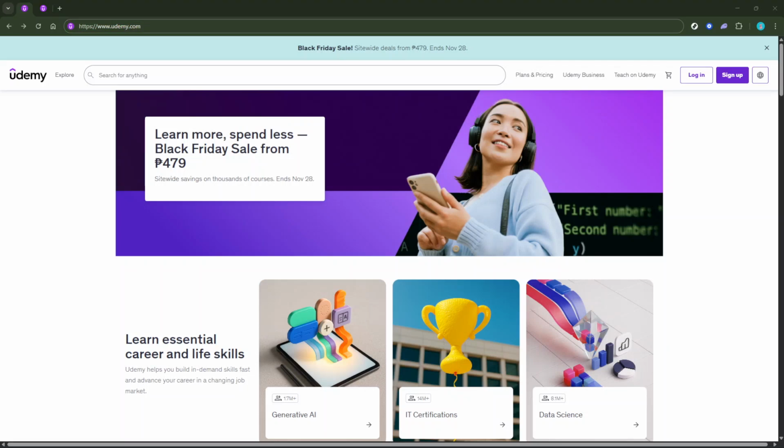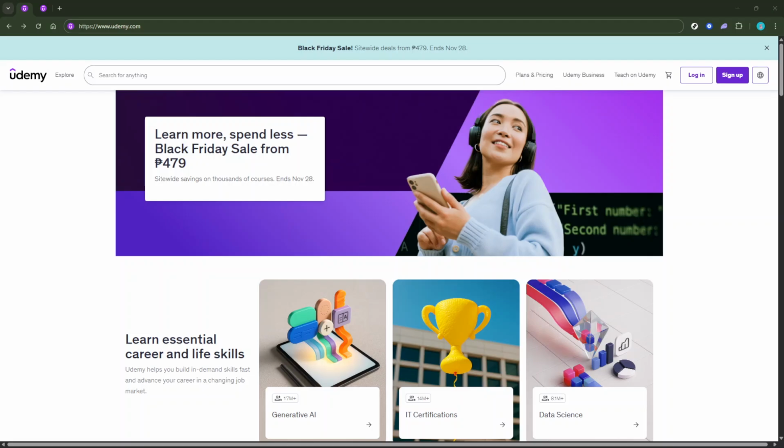In today's video, I'm going to teach you how to install the Udemy app on your laptop. Although Udemy doesn't offer a dedicated desktop application for laptops, I'll guide you through a simple process that allows you to create a shortcut for a quick and easy way to access Udemy. Almost as if it were an app, this method is straightforward and effective for maximizing your learning experience right from your laptop.